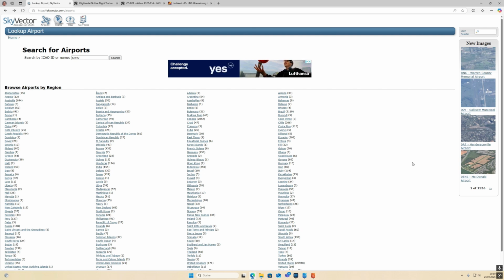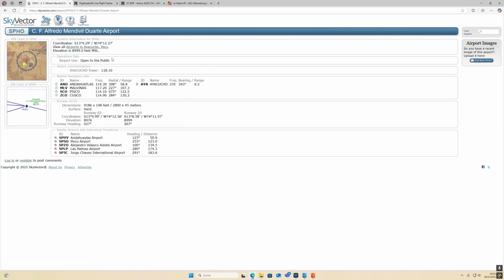One source of airfield data is SkyVector, skyvector.com/airports, and there you can type in the ICAO code Sierra Papa Hotel Oscar, and there we have it. The data for Sierra Papa Hotel Oscar, so you can find the coordinates of it, the elevation, type of use, tower frequency, nearby navigation aids, information about the runway,